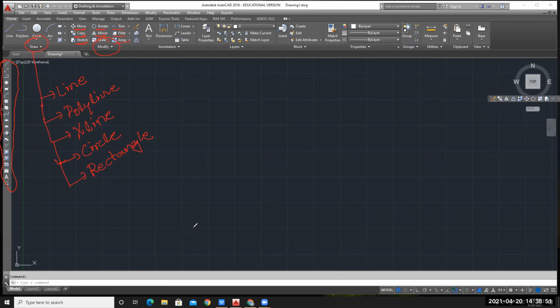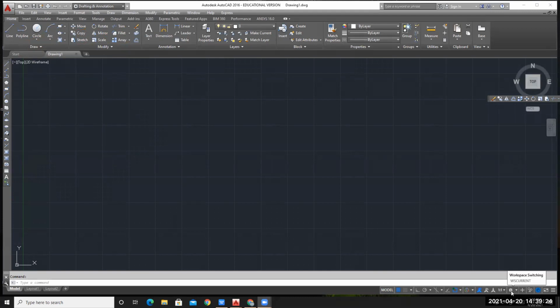So you have seen here different types of draw and modify commands in your AutoCAD interface. When you start your AutoCAD, sometimes I have seen students were not able to see this interface. The previous students might have changed the graphical user interface. In that situation, at the bottom right corner, you can see an icon of a gear, which says WS, current workspace switching.